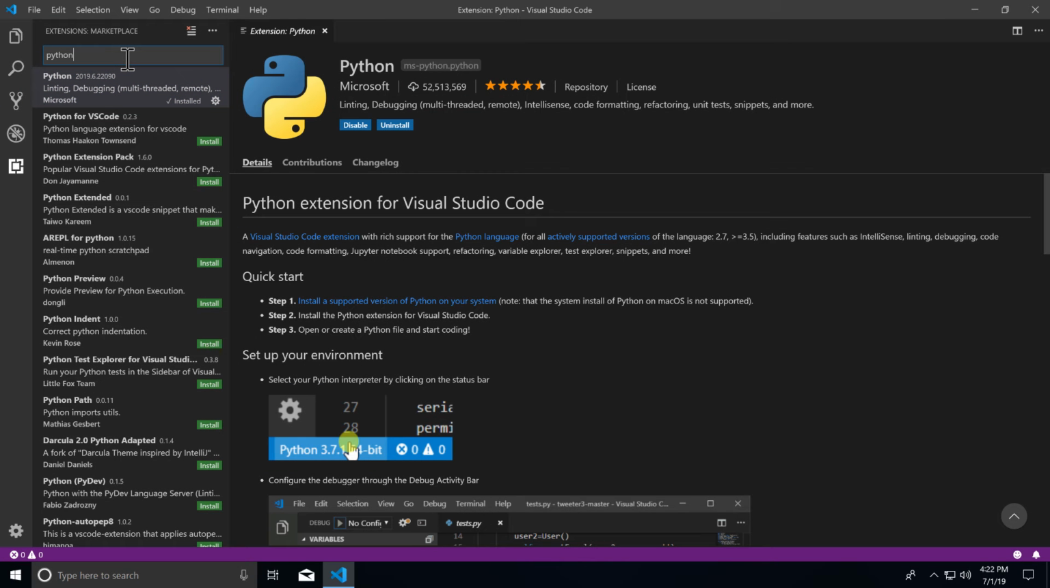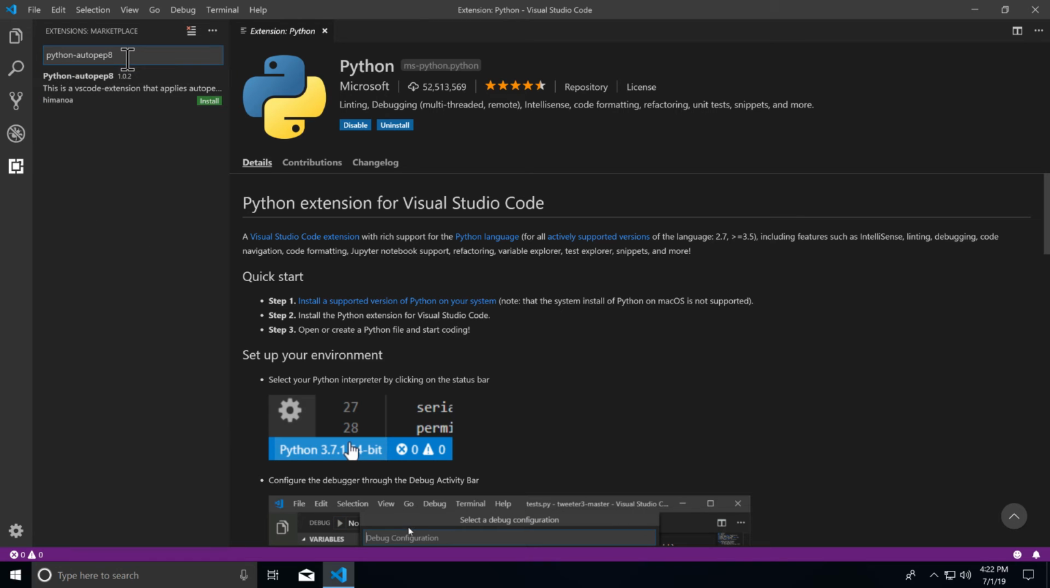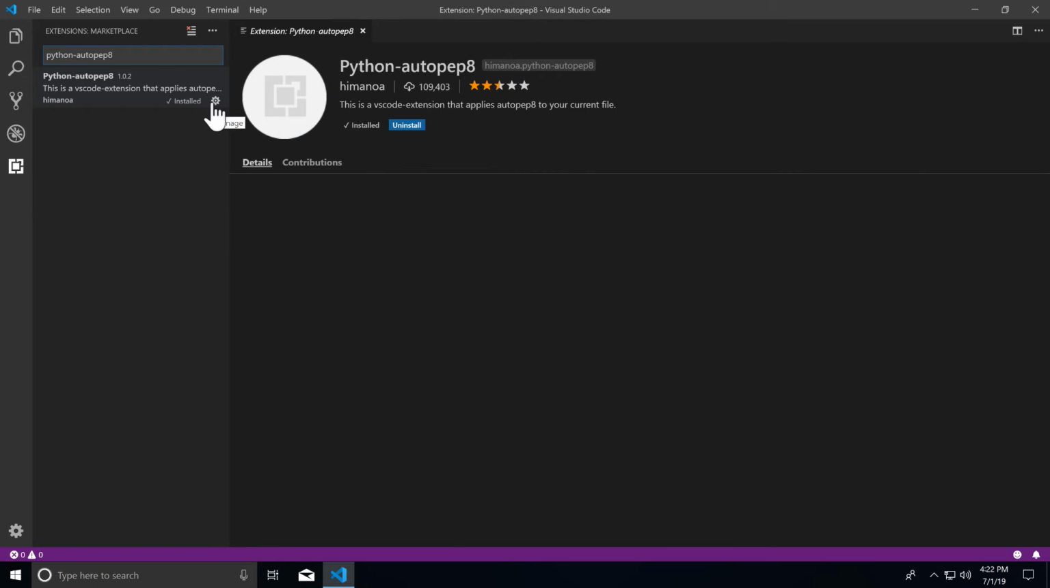Okay, so we have the Python extension installed, and the next one is the Python AutoPep 8. So Python-AutoPep 8. I'll hit enter, and it says this one right here, Python AutoPep 8. Click on install. Okay, and now the package is installed, the extension is installed, and then the last extension that I want you